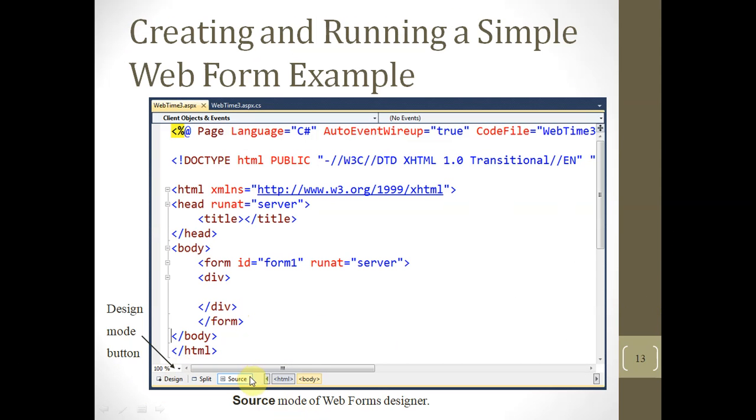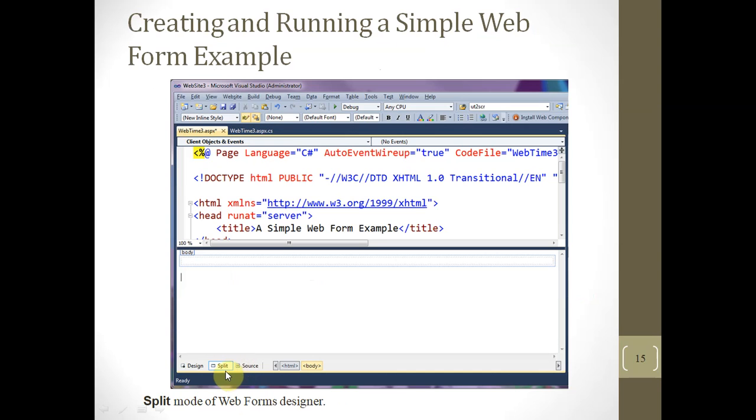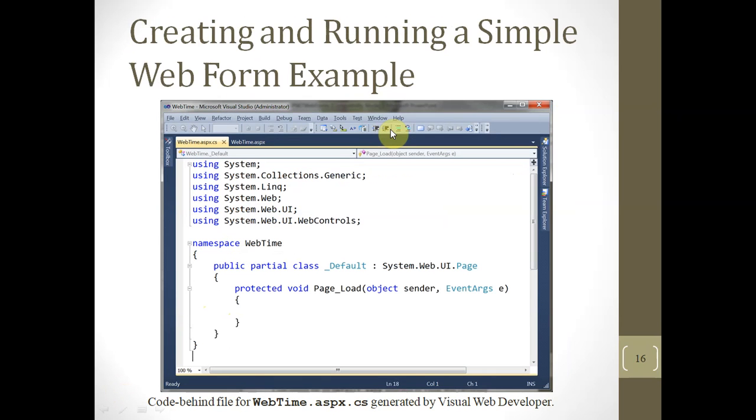Again see, this is the source code, this is the design view, and now we'll click on Split. When we click on Split, we will have the code window as well as the design window. The source of this design window, the code of the window you see, is here above. So after clicking on Split we will have this window. Now see another slide.